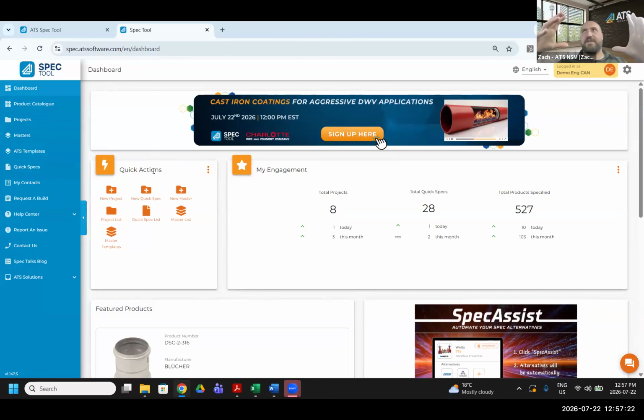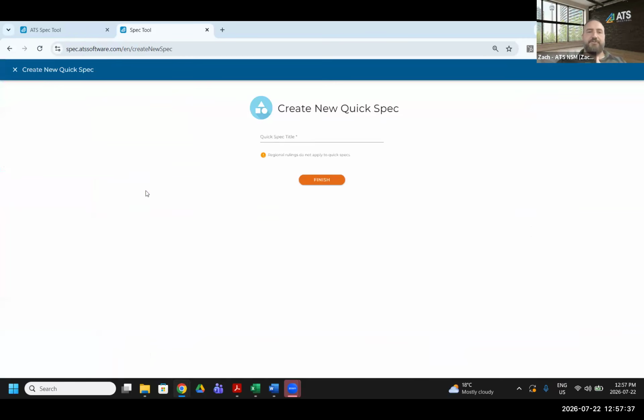A quick spec is just as it sounds. It's the fastest, most rapid way to make a selection, but there's no location-based rules. There's no building code rules. None of that is applied. Those are applied to projects because when we create a project, I'll show you this real quick. Quick spec, we could say pipe,